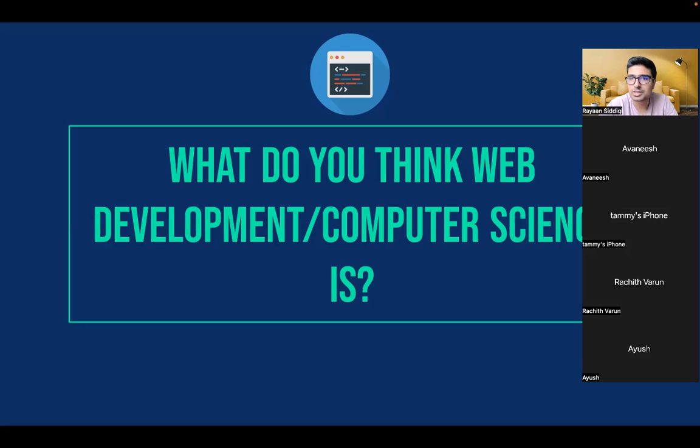Ayush, eloquently put. Love that sentence. Ayush put a great way of saying that computer science is a way to build stuff online and get people together and sort of build a community of people, right? And that is absolutely correct. And yep, everybody else has some great ideas as well. Wholeheartedly agree there. Anybody else? Give it a minute more and then we'll move on.